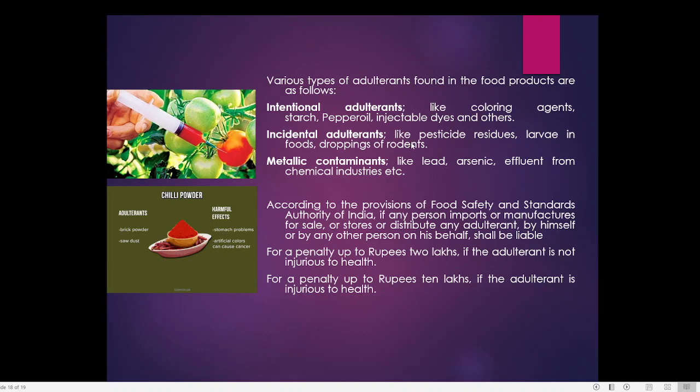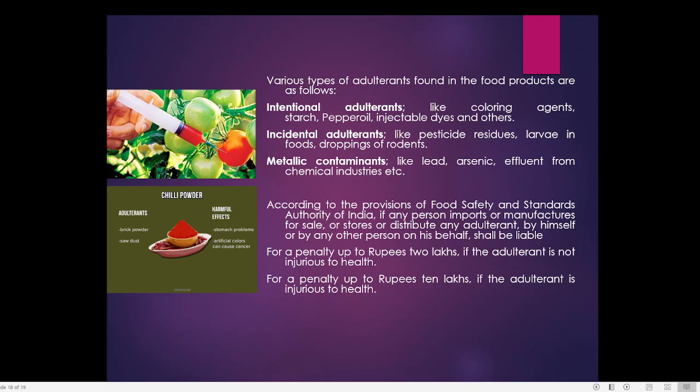If you are not keeping the food, especially rice, properly sealed, then mice will come. They will move through these rice sacks, sometimes putting their excreta or droppings, which can contaminate it. So this is how incidental adulteration happens. There is no deliberate attempt to reduce the quality, but because of lack of care and lack of proper hygiene, the food may get spoiled.